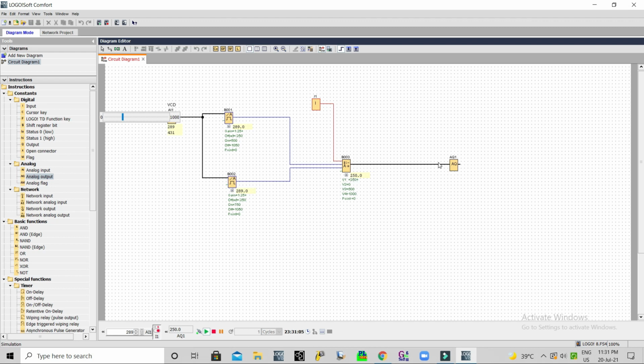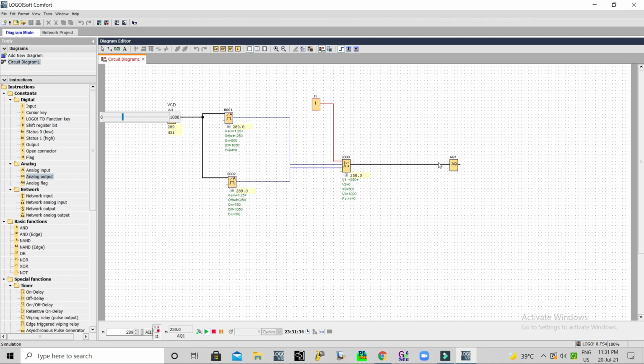This 250 is converted to 4 to 20 milliampere from module to VFD. So this will convert it to milliampere and it will be given to VFD. Okay, so you have to configure your VFD, which will take a speed reference of 4 to 20 milliampere. Okay, and also please kindly note, in the analog input module also you have to connect in a current input terminal as well as output also. You have to connect the current output terminal.